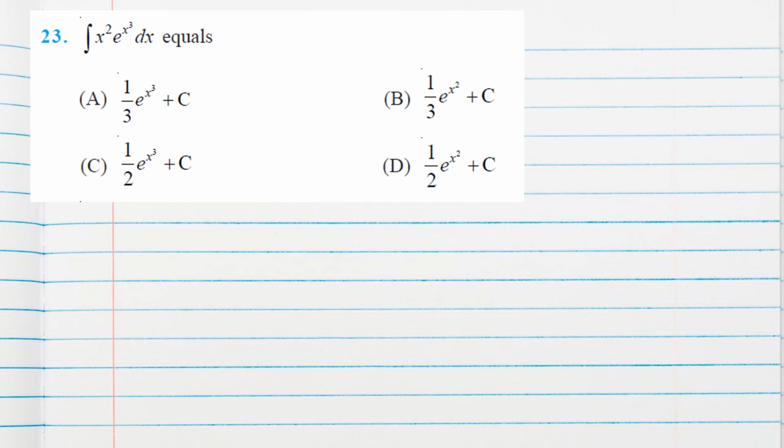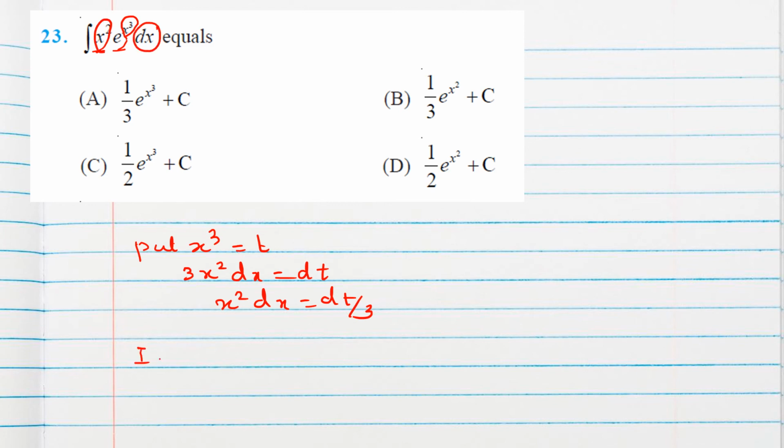Integral of x square e power x cube dx equals to. Now here if you see, these two terms are in product. But if you see the x cube power, if you substitute x cube as t, you will get x square dx. That means it can be solved by a direct substitution method. No need of integration by parts. But it seems that it is a product of two functions, so we can use that. But the substitution method will be easy, because if you put x cube as t, you will get 3x square dx as dt. So x square dx we can write as dt by 3.